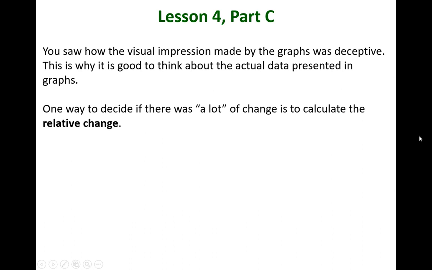Okay. You saw how the visual impression made by the graphs was deceptive. This is why it's good to think about the actual data presented in graphs. One way to decide if there's a lot of change is to calculate the relative change. Okay, we need to know how to calculate relative change. Let's go ahead and talk about absolute change as well. Absolute change